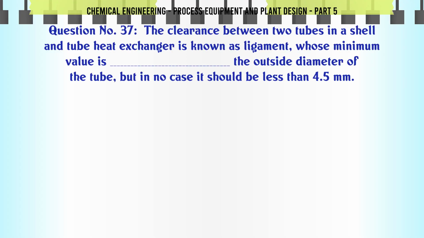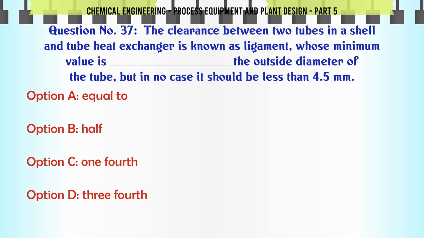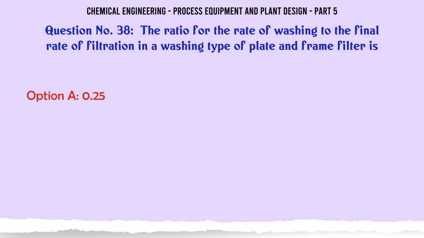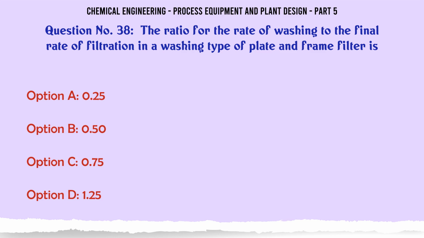The clearance between two tubes in a shell and tube heat exchanger is known as ligament, whose minimum value is the outside diameter of the tube, but in no case should it be less than 4.5 mm. A. equal to, B. half, C. 1/4, D. 3/4. The correct answer is 1/4. The ratio for the rate of washing to the final rate of filtration in a washing type of plate and frame filter is A. 0.25, B. 0.50, C. 0.75, D. 1.25. The correct answer is